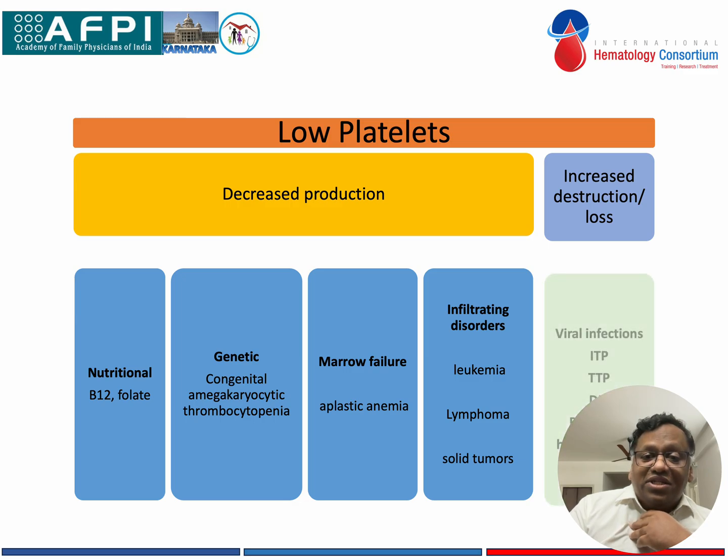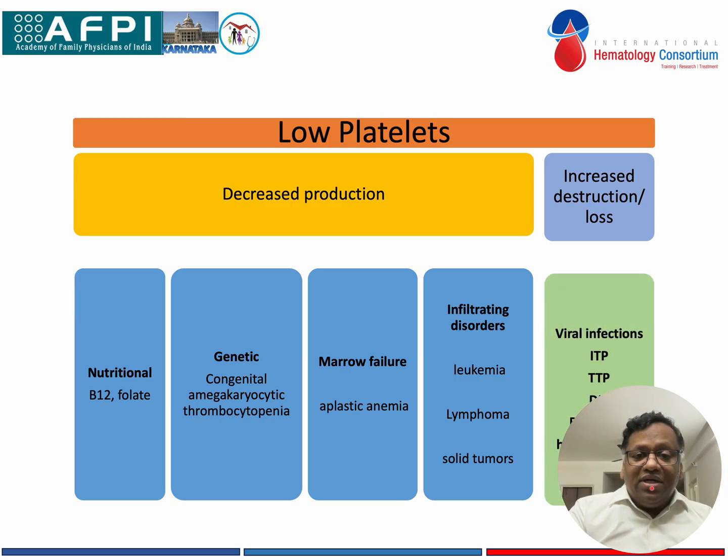So, increased destruction. And this is what you will actually see in, I'm sorry, the slide is getting covered by the video. What it is actually showing is platelets are destroyed because of DIC, so consumption, or TTP, where platelets are just broken, or maybe immune, that is ITP, autoimmune thrombocytopenic purpura. There are also other causes of platelet loss in the periphery, and which is actually down here, that